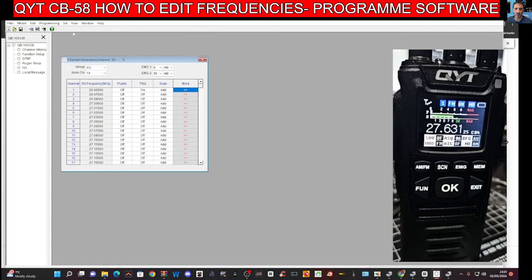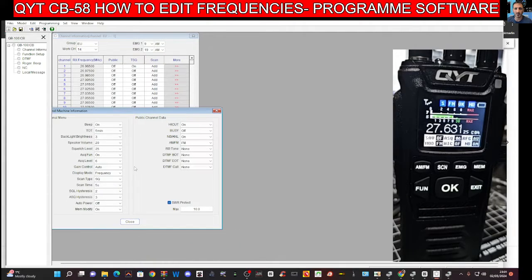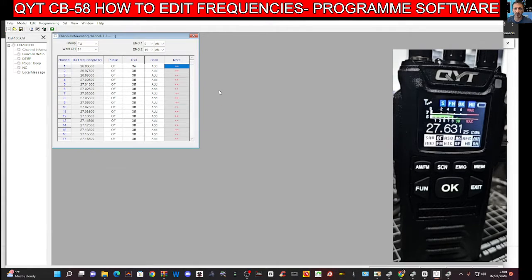You can also go to the top here and go to Edit. You've got function set up. So when you press the function button, these are the settings that you're finding: beep, timeout, backlight brightness. Display mode, you can display frequencies and channels. It's okay, it's fine. I'm really enjoying using this software and the CB, but we are stuck on these channels